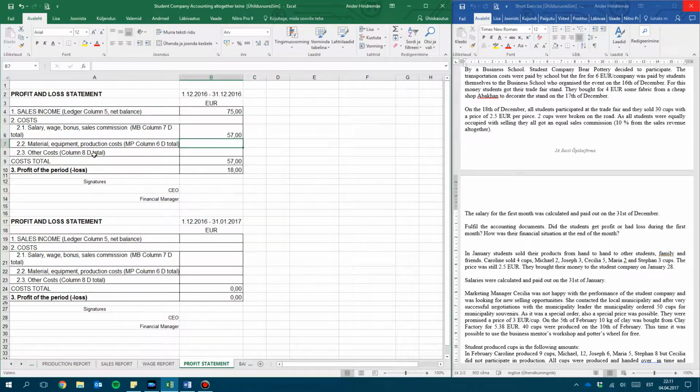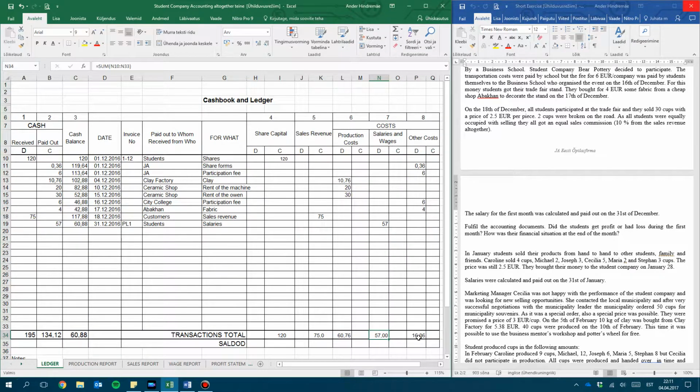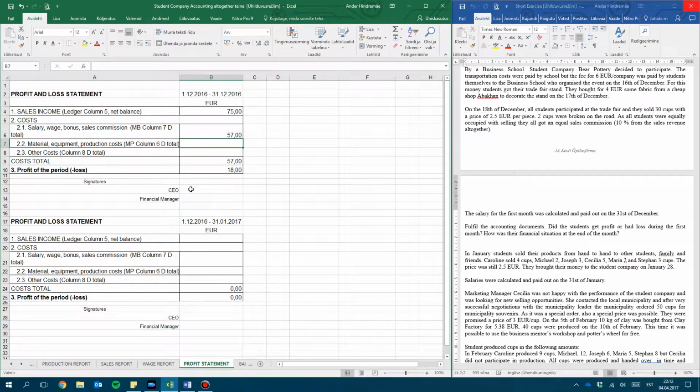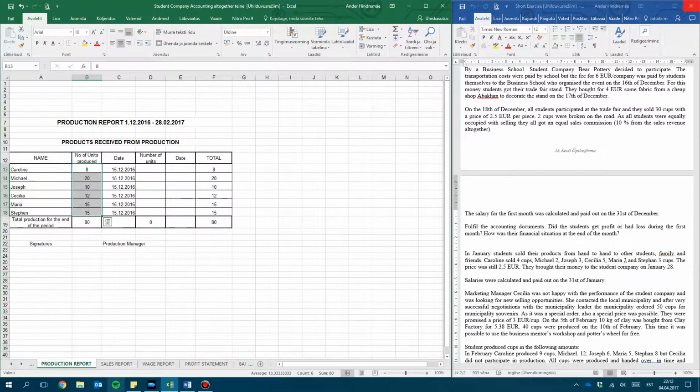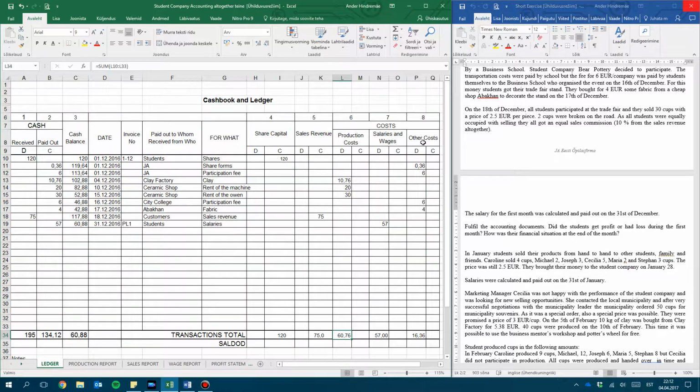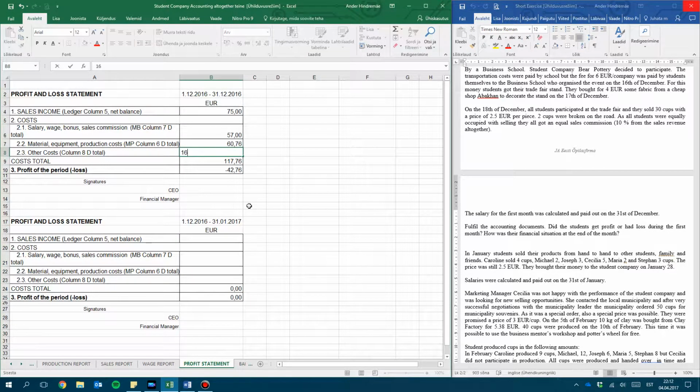Moving on, we have the material costs and production costs. Let's get it from the ledger. It is 60.76. Add it over here. And finally, we need to get the other costs from the ledger, which are here, 16.36. So we can conclude that the company actually made a loss of 59.12 euros because the total costs outweigh the